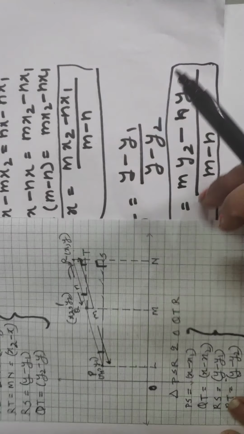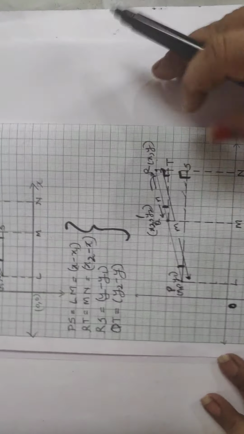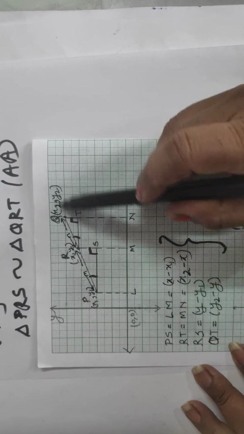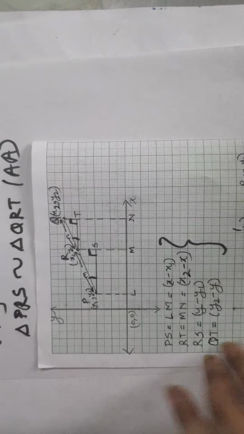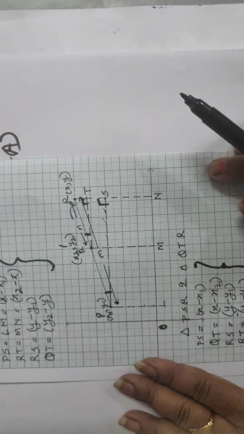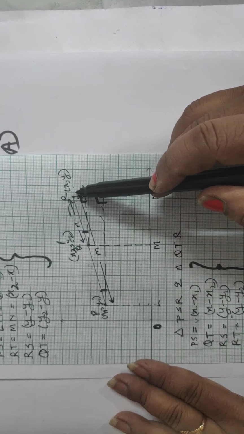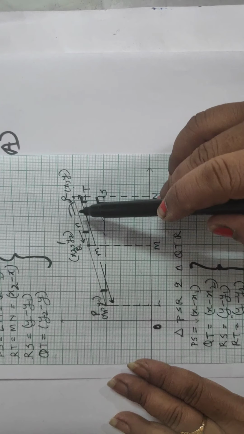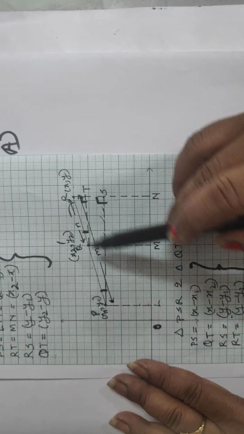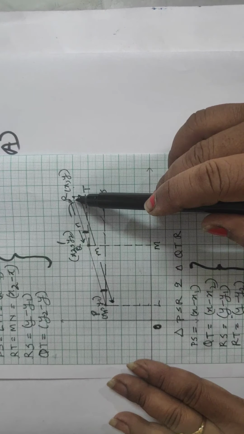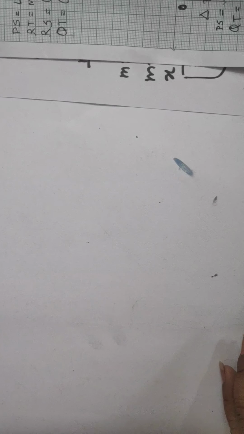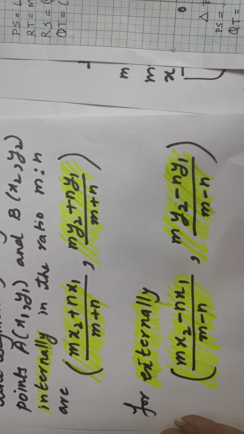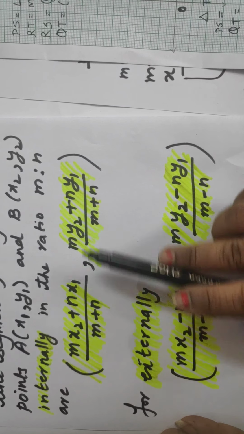So we have studied about the two cases. When the point is given in between the line segment, it divides it internally in the ratio. And when the point is given externally, these three points are collinear, and the ratio is given for the complete line segment to one part. So we have got the two section formulas, for when the point is given internally as well as for when it is given externally. These are the coordinates, this is for x, this is for y.